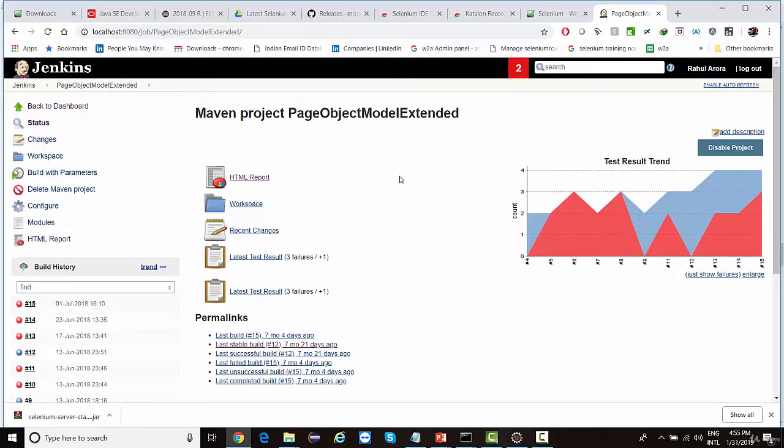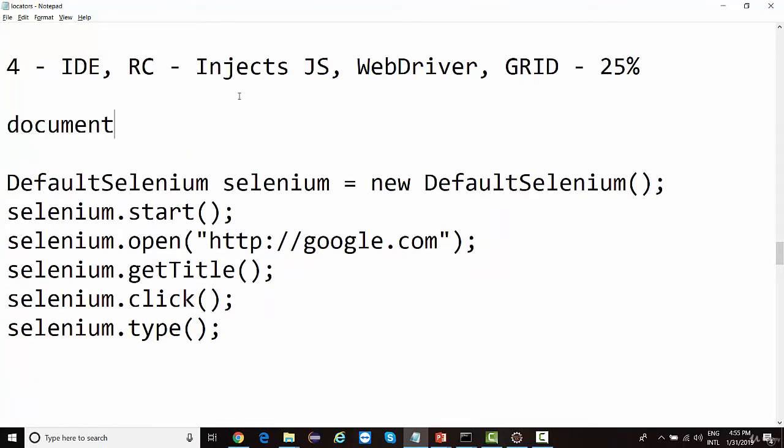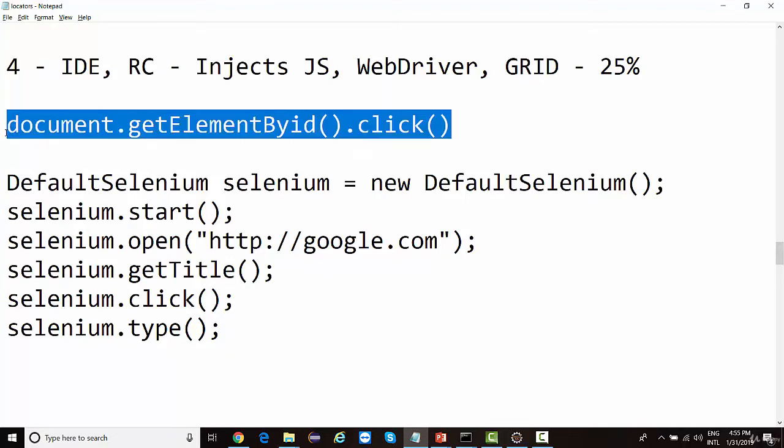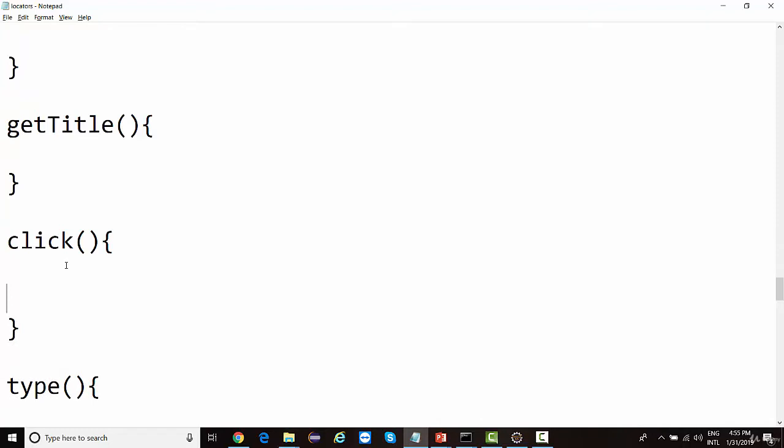But the syntax of JavaScript is a little bit complex. If I talk about, let's say, clicking, the JavaScript goes something like this: document.getElementById().click(), something like this. This is what JavaScript is. Now what they have done is, whichever click method they have created, they have wrapped this code inside the click method.